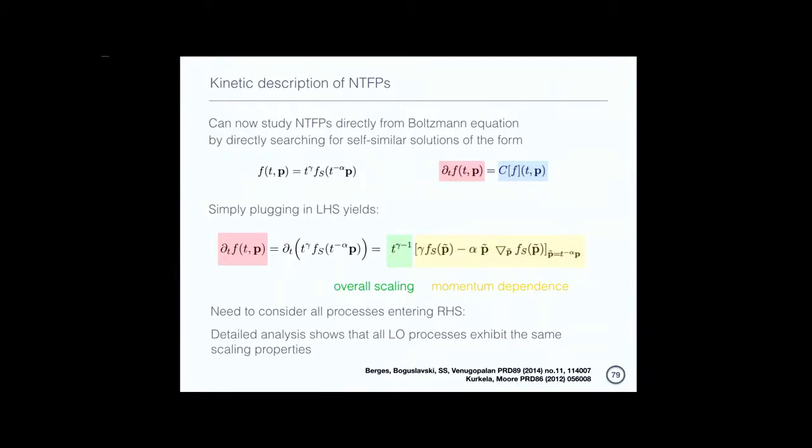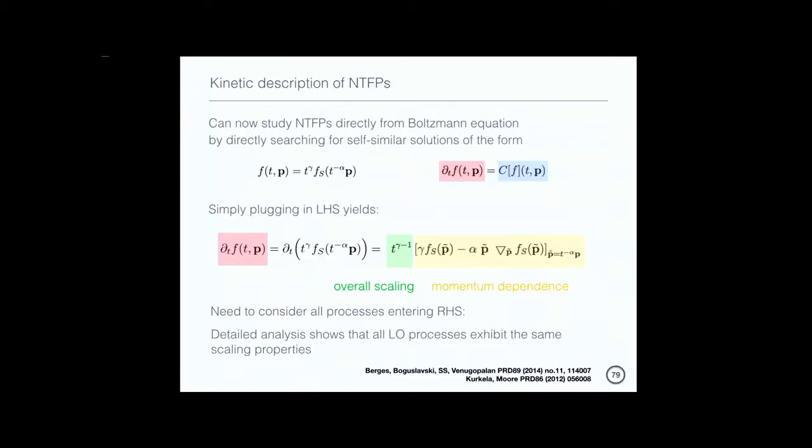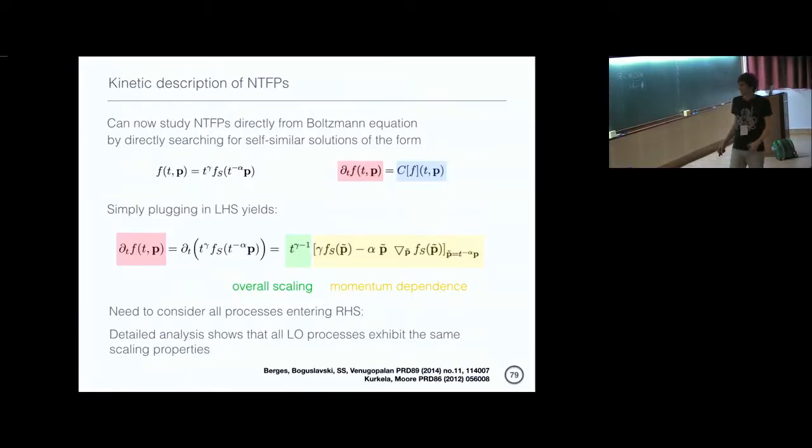I'm just going to show you how this works for the large angle elastic scattering process, because this analysis is a very standard analysis in the context of what is called wave turbulence. You will find this, for instance, in chapter 9 of Nazarenko's book on wave turbulence. The best way to see this, I would say, is with the example of this large angle elastic scattering process.